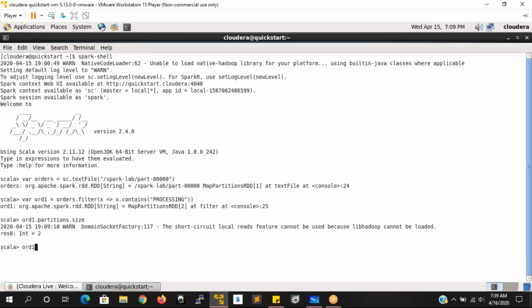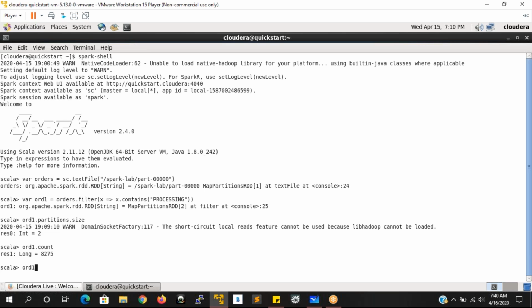Previously I would say R1 dot collect, or if I go for count, let me see how many records there are. If you execute count, it returns the number of elements. 8,275 records are there, which are the orders in the processing stage.